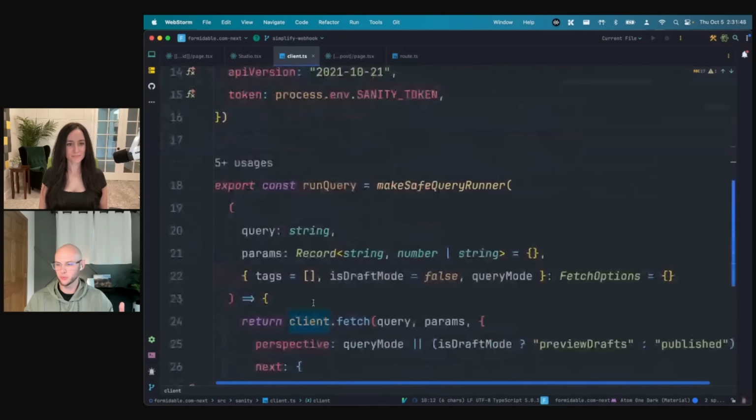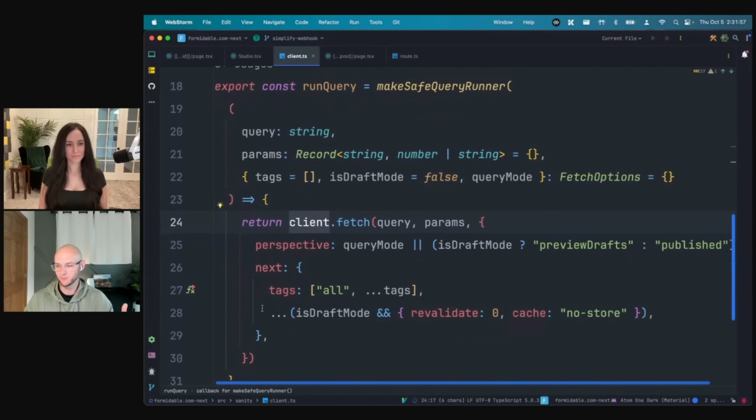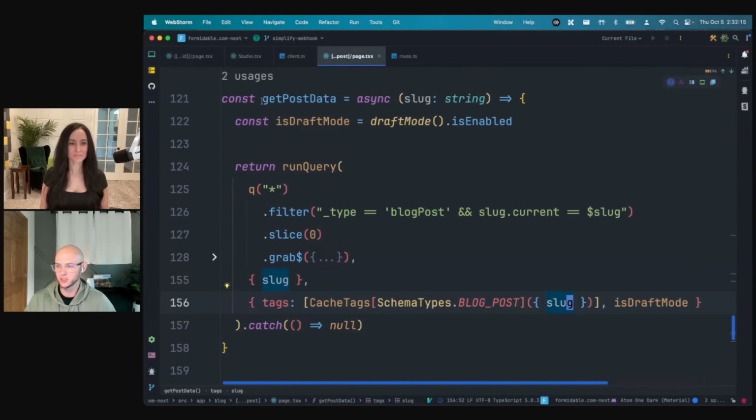And I just have a little helper function that takes in some details and some tags, some cache tags. And then it just uses this Sanity client and passes through the tags into our Next.js fetch cache options that's made available by Next Sanity. So this is a way we can basically pass through our cache tags and let the client basically tag our fetch requests. So if we go look at a usage of this, I have a get post data function that